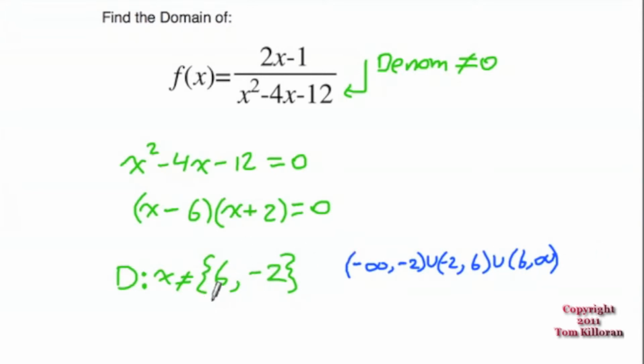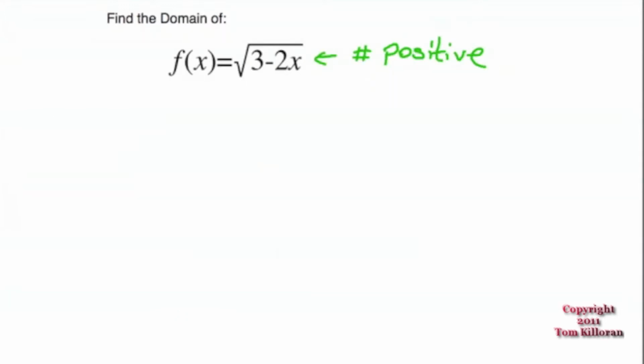This gets across the same information: it can't be 6 and it can't be negative 2, but it can be all the other real numbers. And that's just the assumption. All right, so if we go to the radical expression, the radical function, the key here is to